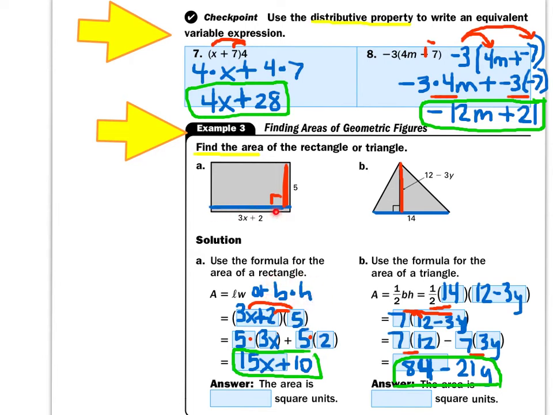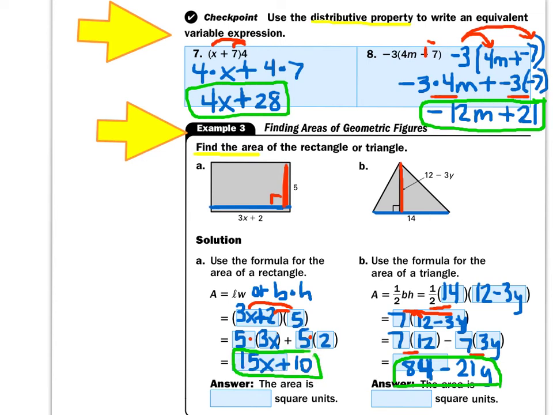So the base, that I do in blue, notice how I used a blue, is the quantity 3x plus 2. The height is 5. So use the distributive property. Circle the 5 and draw a rainbow to the first term, 3x, and a rainbow to the second term, the 2. So 5 times 3x, and then copy the plus, and then 5 times 2. So that would be 15x plus 10, and that's as far as you can go because the 10 does not